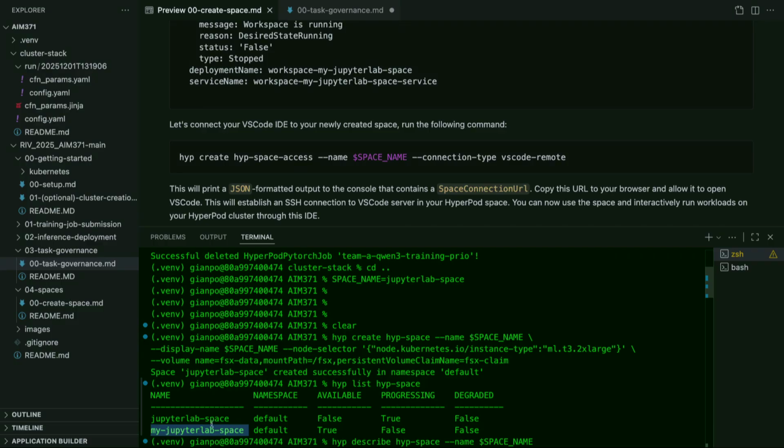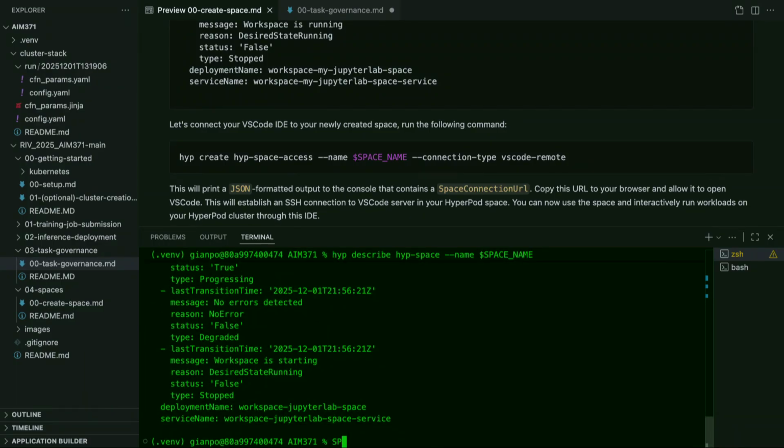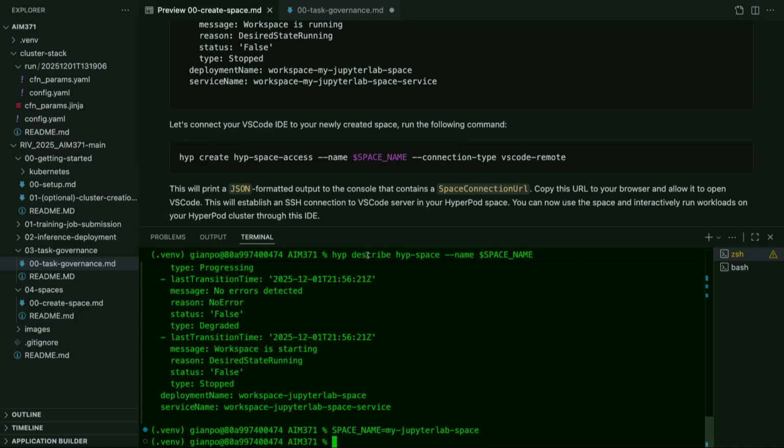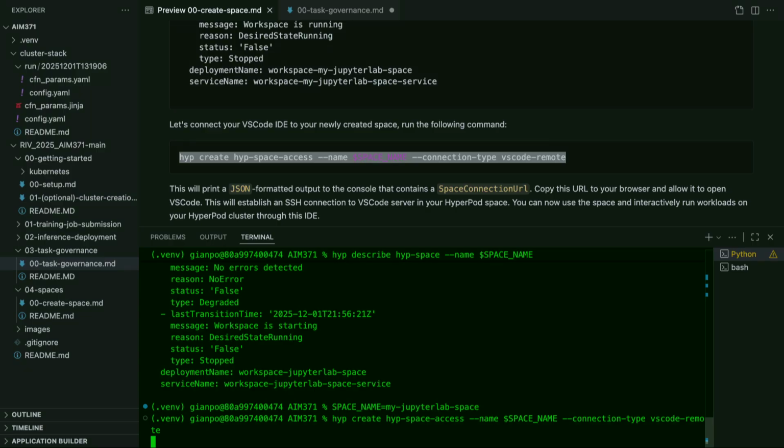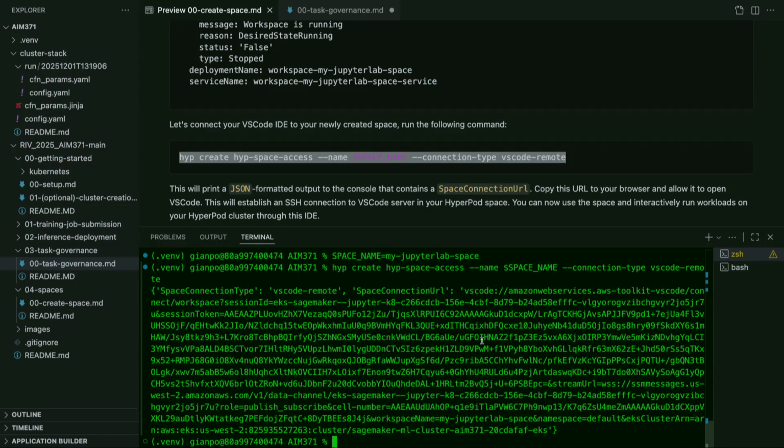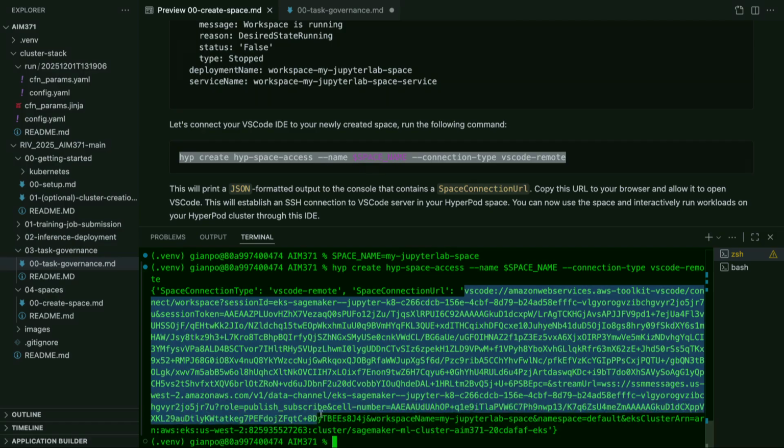It's my Jupyter Lab space. So space name equals my Jupyter Lab space. And then you can use this command, which is called create space access with connection type set to VS Code remote. And this will give you a secure connection URL to the